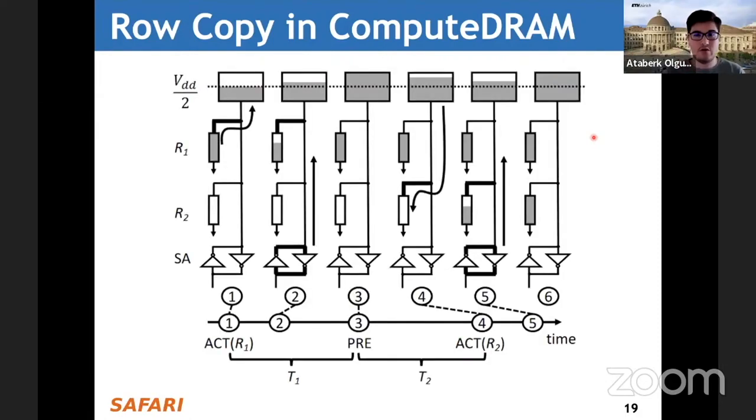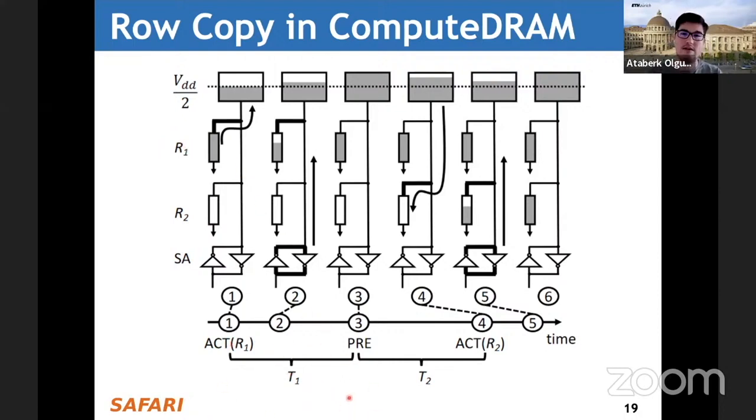Here is a diagram of the state changes on a single bit line over time on the x-axis. Similar to previous figures, we have one cell here, another cell here, and the sense amplifiers on the bottom. And on the very bottom, we have the timeline. Initially, the first cell has a value encoded as 1, and the bit line is pre-charged. We send an activate command to access the cell and copy its value to the sense amplifier. Then we wait for some time, T1 amount of time.